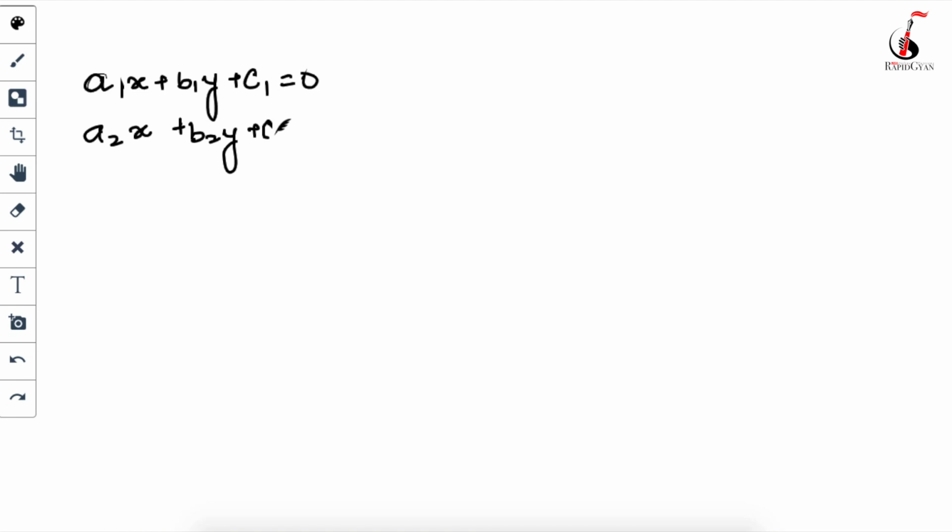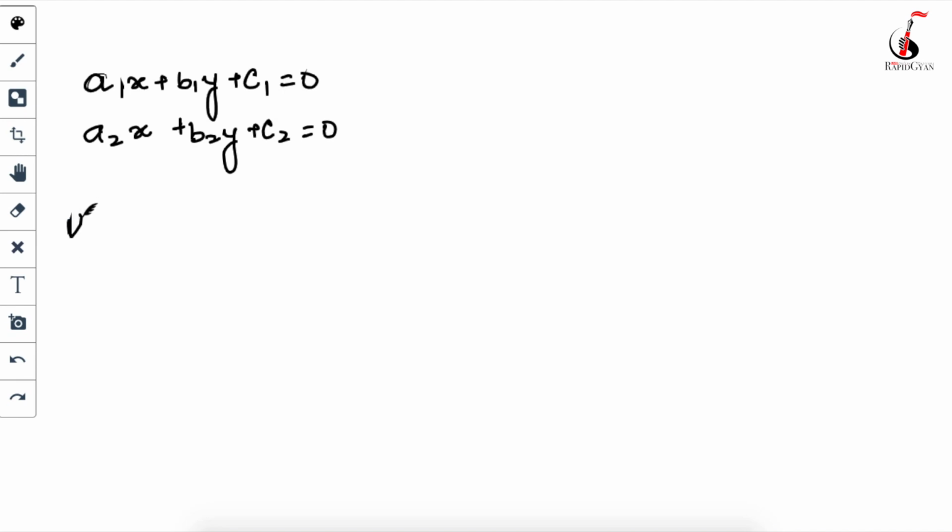if you are given two linear equations in two variables, first write the equations in this format. I will say, hold on, write in this format: a1x plus b1y plus c1 is equal to 0, and write the other equation in this form: a2x plus b2y plus c2 is equal to 0. Okay,